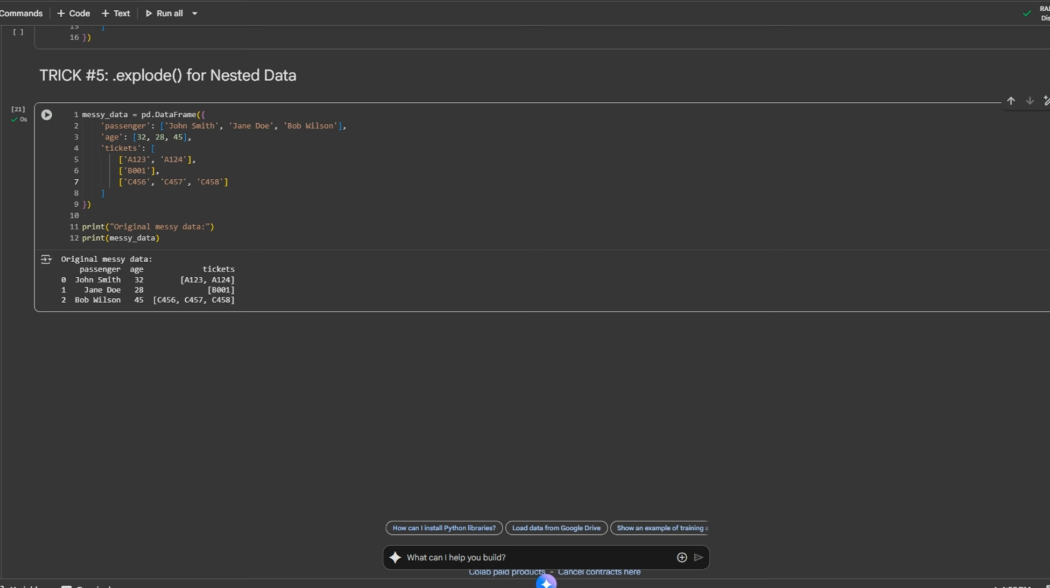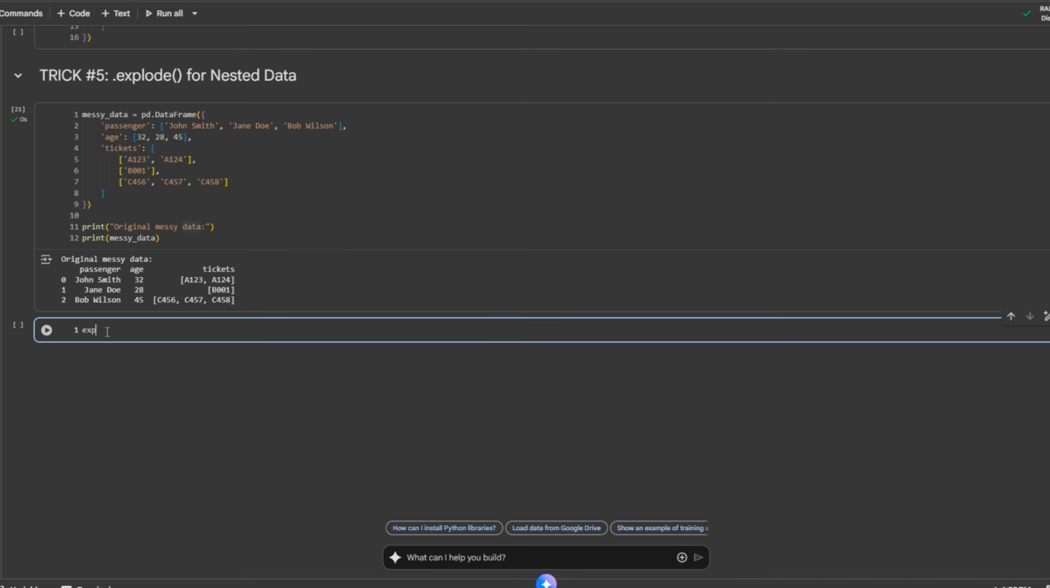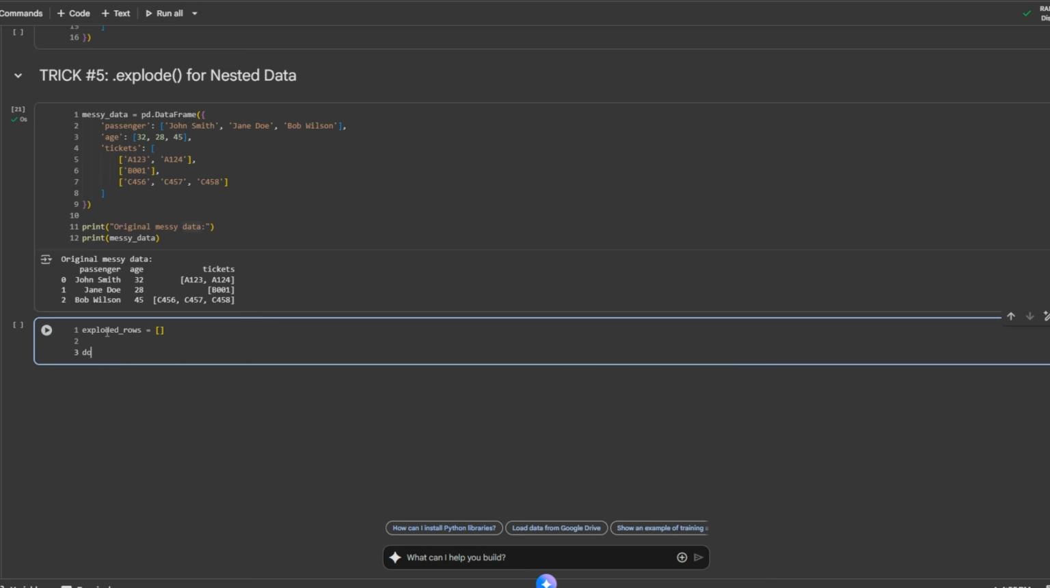So this is a nightmare to analyze, right? I mean, you can group by ticket, but you can't count individual tickets, you can't do anything useful really. So how to fix this? In the old way, you would be writing maybe something like a for loop, right? So you'll declare this, and maybe let's say for idx, row